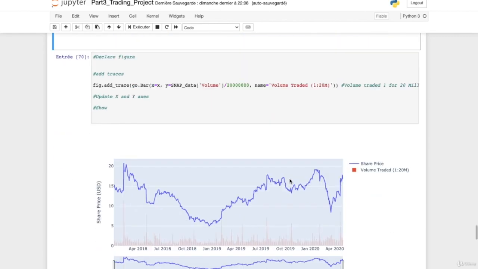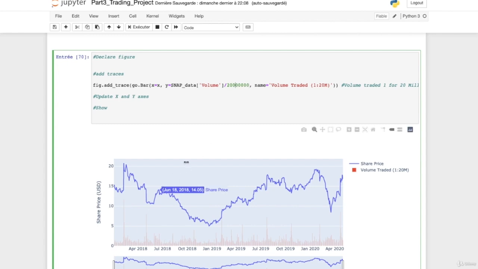The second graph that I'm going to ask you to trace will be the following one, which means a graph on which you will have the evolution of the share price for Snap and the volume on the same graph. Visually, I believe that the volume traded, if you divide it by 20 million, you must have something which is nice, but if you want to divide it by 40 million, that will be fine as well. You will have the share price